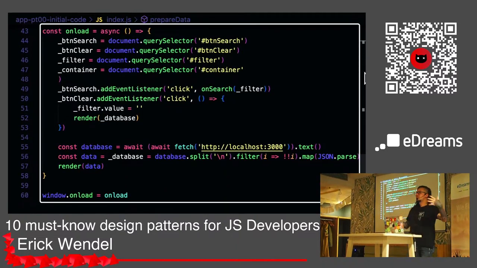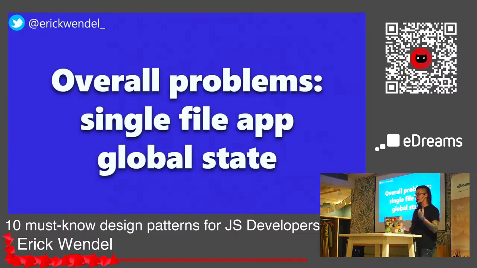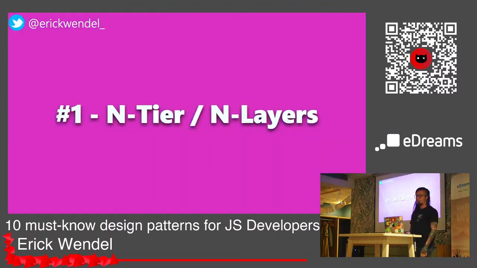Okay, for some studies this might work, but we know that MVP projects start good, but sometimes end really bad, right? In my opinion, the biggest problem we have there is that we have a single file application, so we don't have a single reason to change. So it's hard, and we have global state. Oh my God, this reminds me of jQuery, where you cannot use this variable because it is defined in another library. So this was pretty hard. So the first tip, or I would say design pattern, but not so much a design pattern, is N layers.